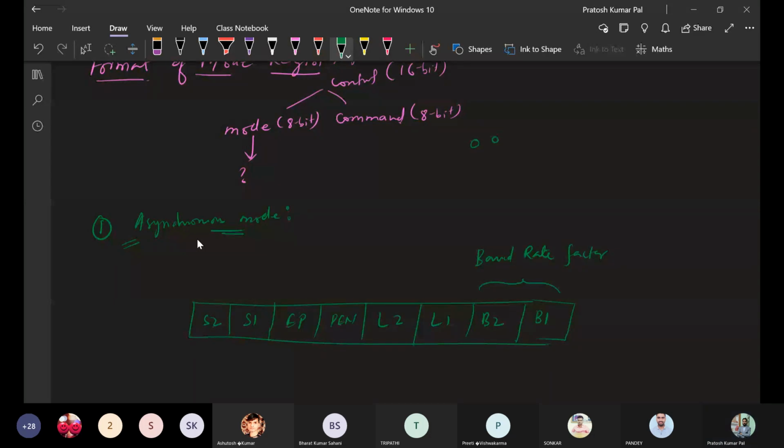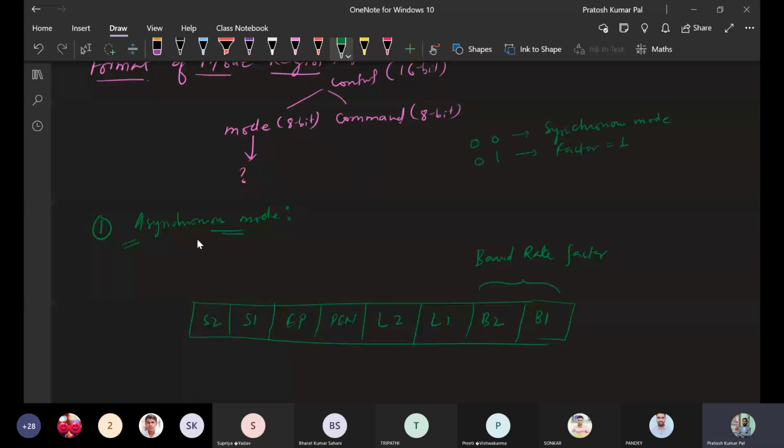If these two bits are 0 and 1, the rate of transmission of the receiver will have a factor of 1. That means whatever the baud rate of the system is, the same will be the baud rate of transmission.